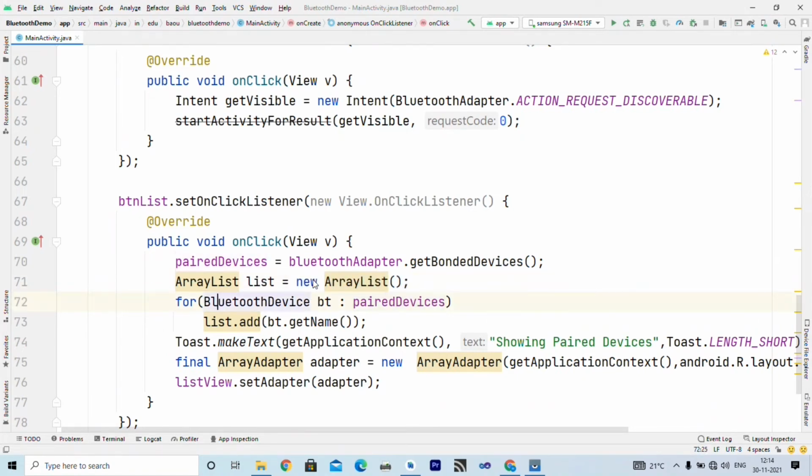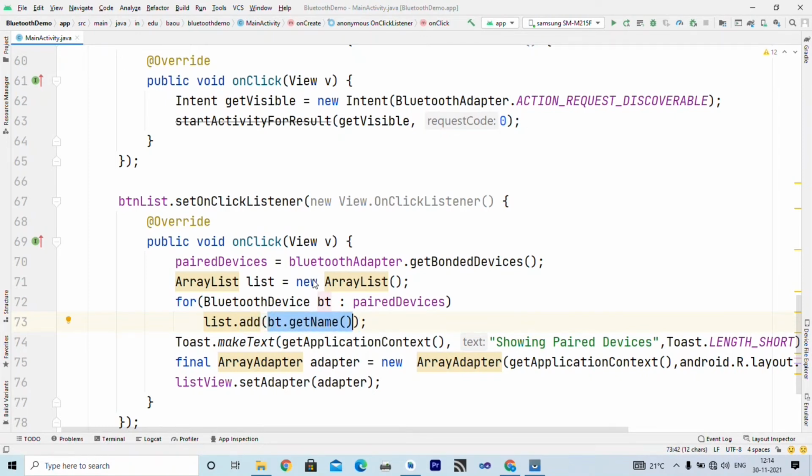Now we write a for-each loop. So this pairedDevice gives all available paired devices one by one inside bt, and inside list, remember, I add those names using the bt.getName method.